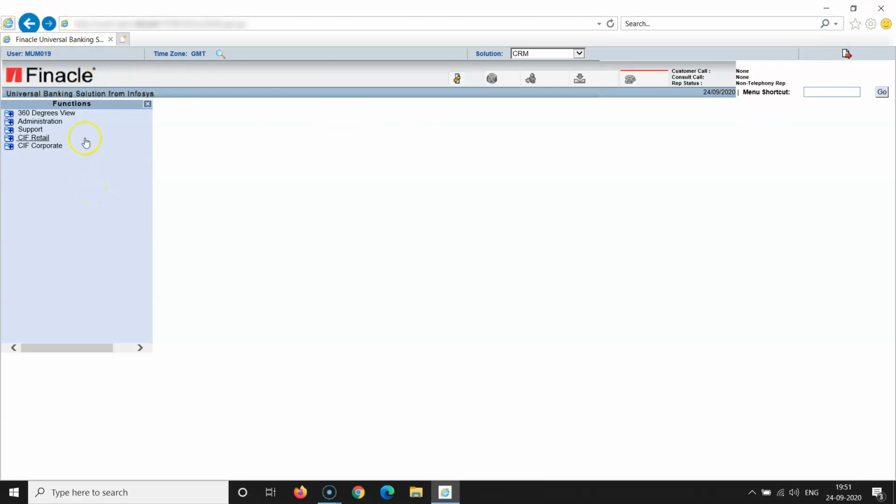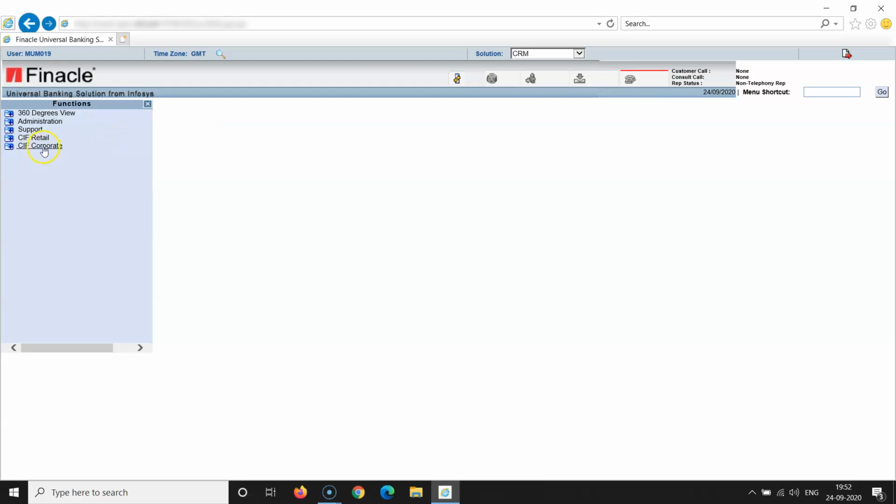Now on the left hand side you can see the 360-degree view. This is for getting all the assets and liabilities of the customers and their balances, what they have paid to the bank, and what they are earning from the bank. It shows all the accounts connected with the same KIF ID, and every customer is mandatorily supposed to maintain only one KIF ID in a bank. He cannot have more than one KIF ID in a bank, and that will be captured while creating a new KIF ID, while doing the dedupe process here. So let's go into it.